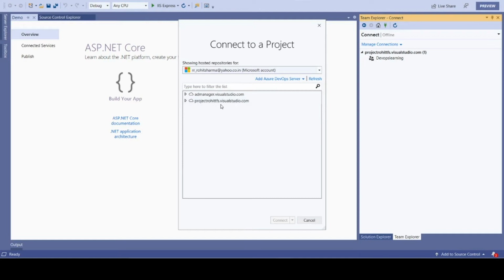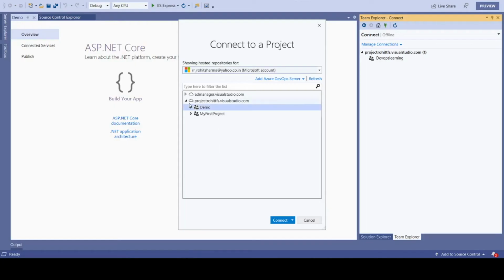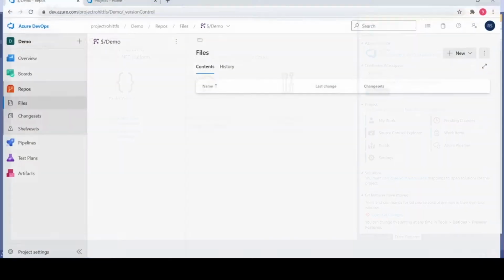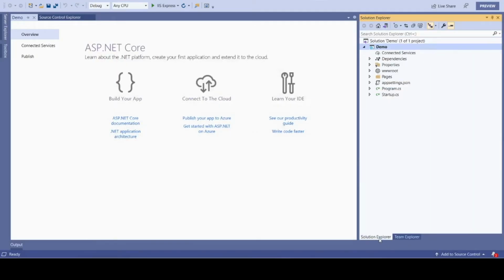I have access to these two servers, but I'll be selecting the second one. And if you remember, we just created a project with the name demo in the server, so I'll select it and click on connect. It should map my project to the one which I have created here, so that I can check in my code.